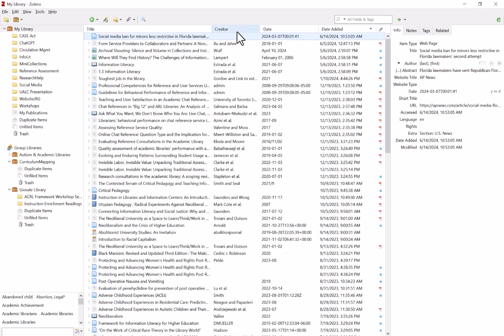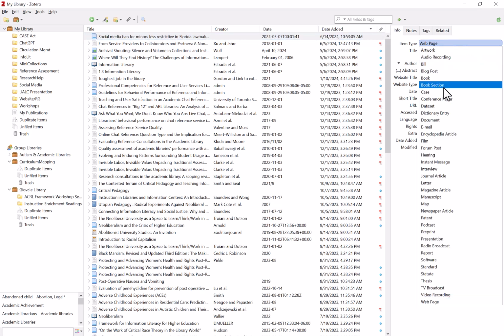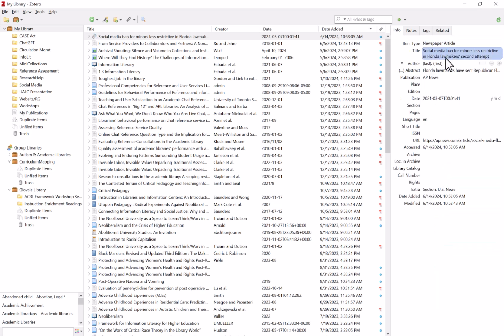and you can see that the item has saved. There are some problems with the bibliographic information, however. It didn't pull in an author, it did pull in the website title, which is actually, in our case, the publisher, and the item type says web page. This is a news article, so we can use this dropdown to go ahead and change this to news. I'll click newspaper article, and you can see that the website title has changed to a publication,